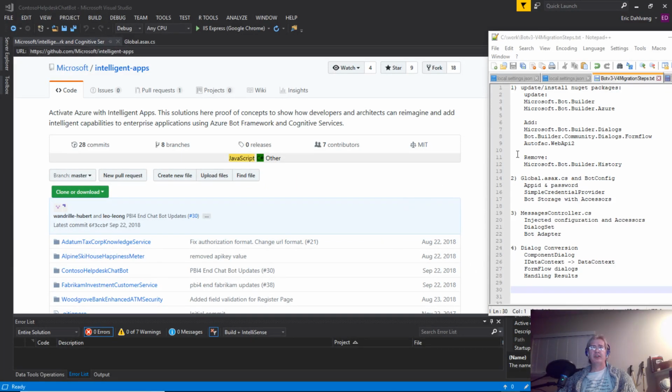Okay, bot conversion time. We're going to be converting a bot from botbuilder.net v3 to botbuilder.net v4. I'm using this intelligent apps example, Contoso Help Desk chatbot. We'll go through these steps of updating and adding NuGet packages. Then we'll modify global ASAX and the bot config,